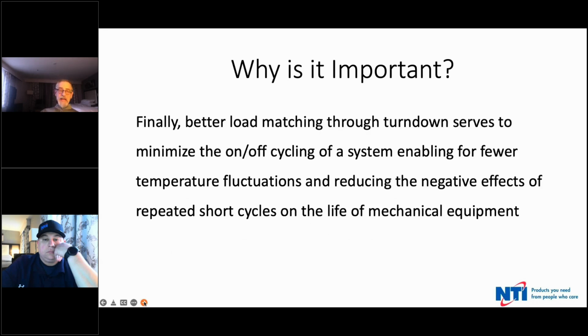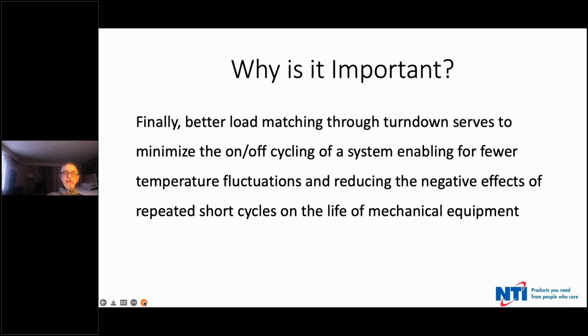So better load matching through turn down also serves, as I said, this goes back to the duty cycle thing I was talking about. It minimizes the on-off cycling, which reduces temperature fluctuation and the negative effect of short cycling